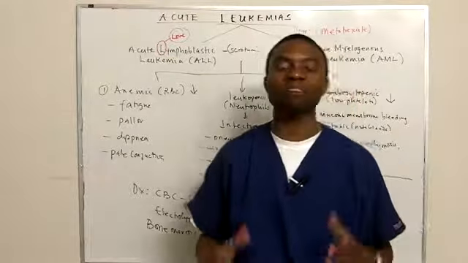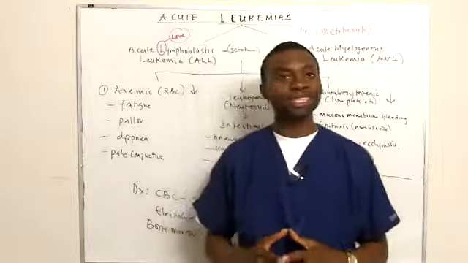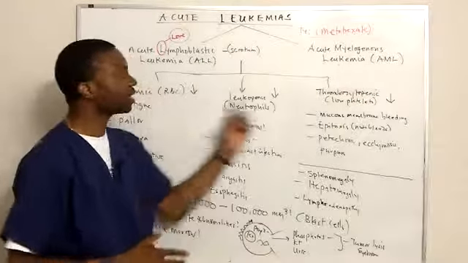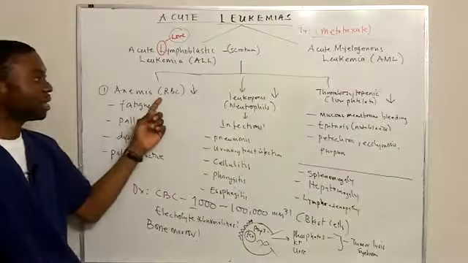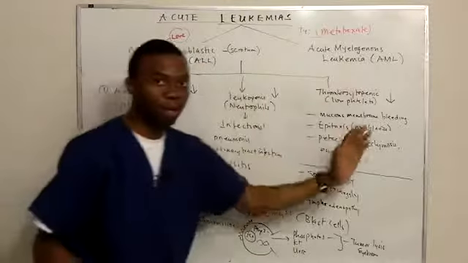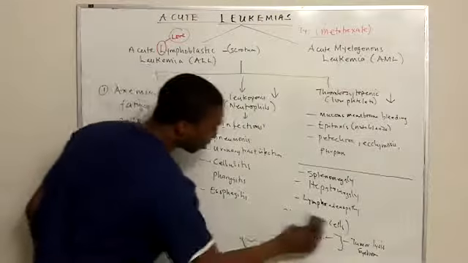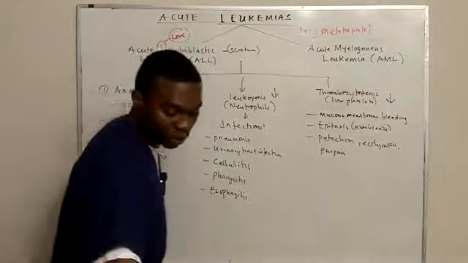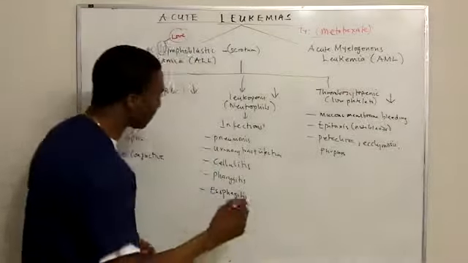So how are we going to treat this disease? Well, usually this can be an emergency. It's actually an emergency because if somebody's all three cell lines are down and they're susceptible to a lot of infections, they're anemic, and they have thrombocytopenia, the way you treat it, you basically treat each of them. So the first thing you will need in terms of treatment is to order a blood culture. The reason why we want to get a blood culture is if they have an infection, you want to blast them with a lot of antibiotics.